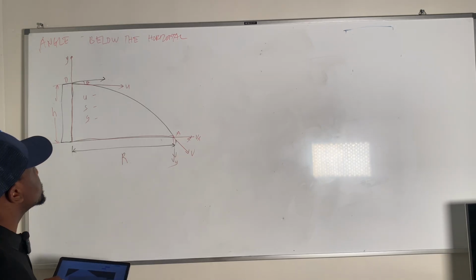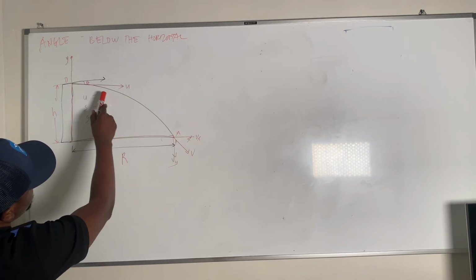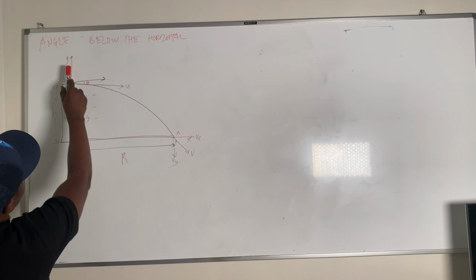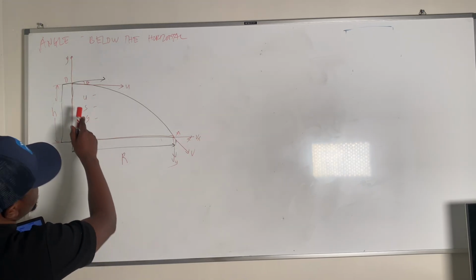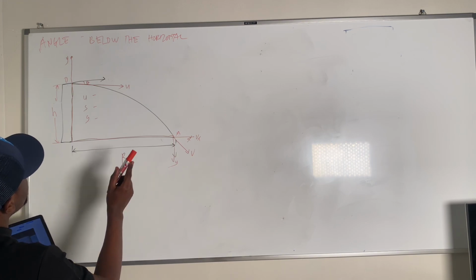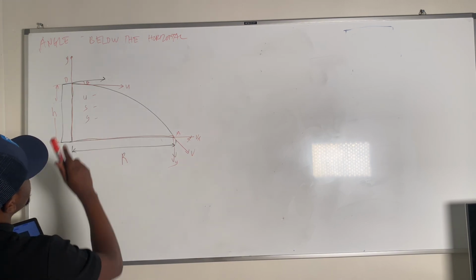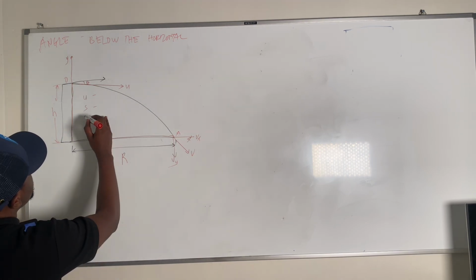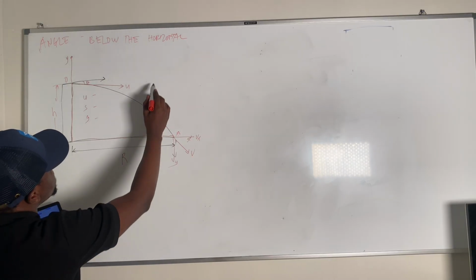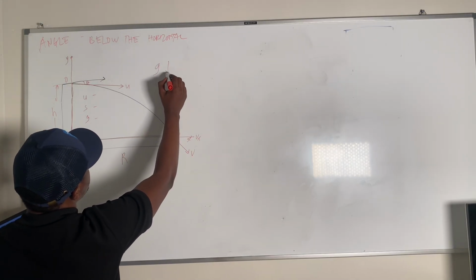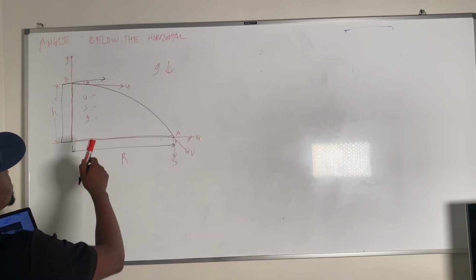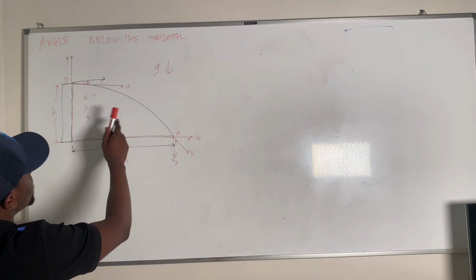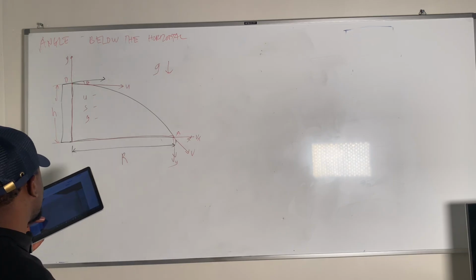In this case, the speed u is pointing downwards, in the opposite direction to y, so it is negative. The distance is pointing downwards, so it is negative. Also, the acceleration due to gravity g is acting downward, so we assign it a negative sign. So in this case, all the parameters u, s, and g are negative.